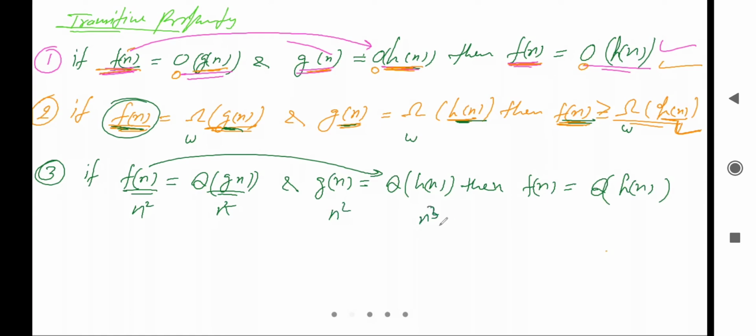In that case we can say it will satisfy this one also, that n square equal to n square, right। तो यहाँ पे क्या हो रहा है, ये सेटिस्फाई हो रहा है, यस, और ये भी सेटिस्फाई हो रहा है, तो इसका मतलब ये भी सेटिस्फाई करेगा, राइट। तो इस केस में कह सकते हैं कि थीटा नोटेशन के केस में ट्रांजिटिव प्रॉपर्टी सेटिस्फाई होगी। ओके, नाउ टेल मी इट इज क्लियर और नॉट।